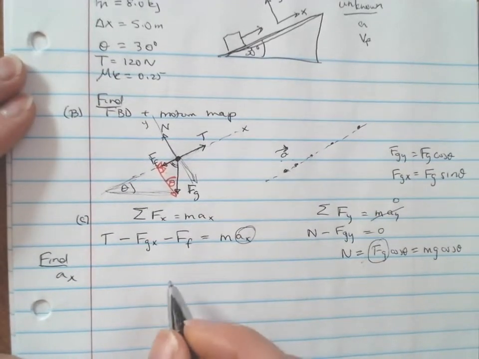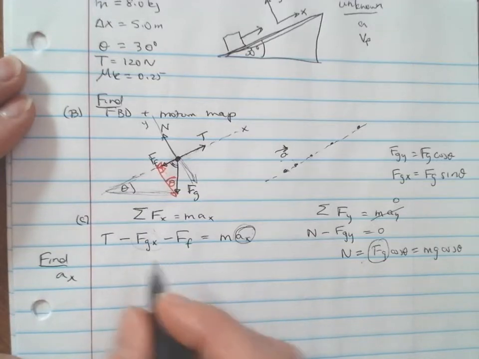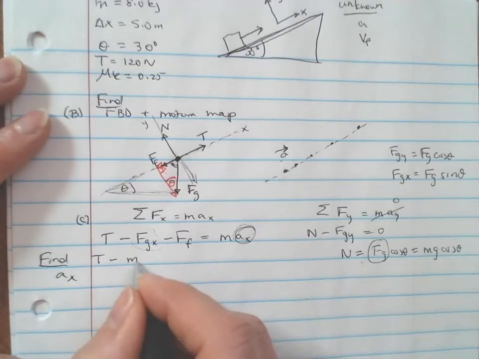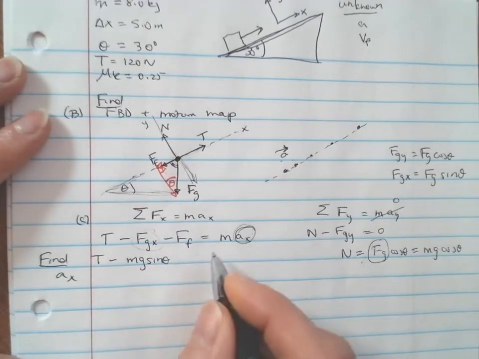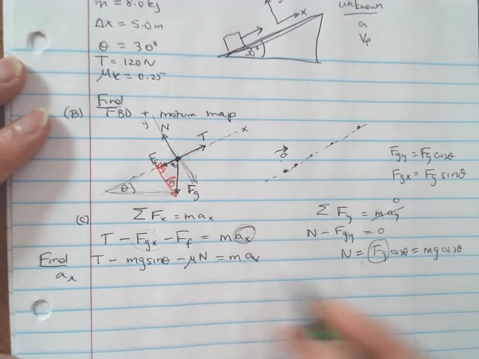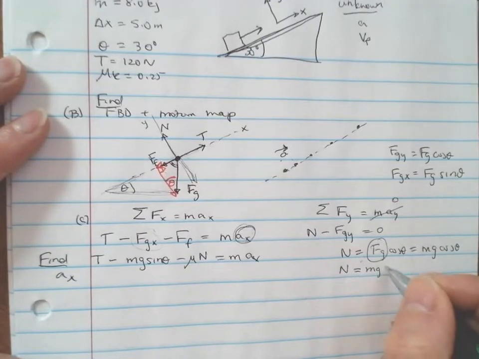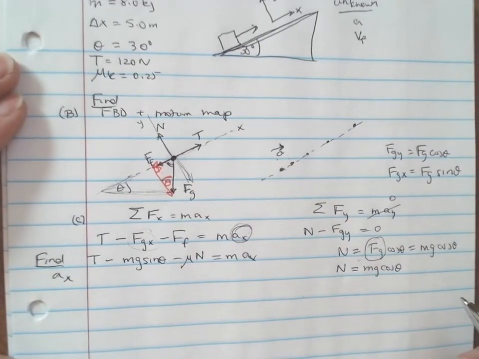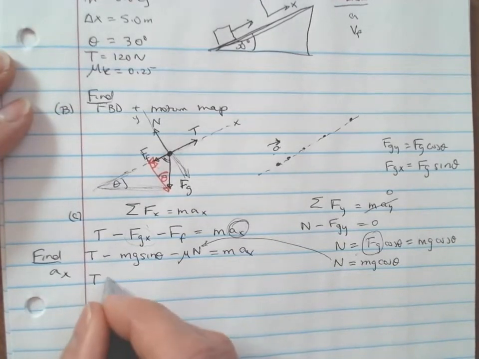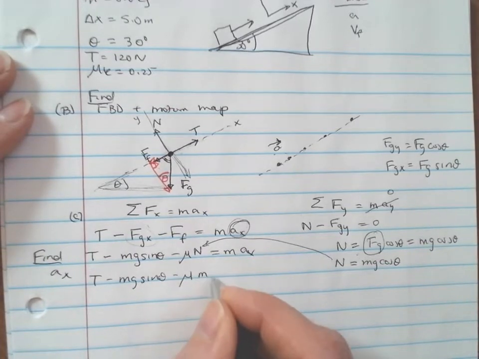Okay, so we want to solve for this, and so we can swap this out, right? So we have tension, which we know, we have minus the x component of gravity, which I'm just going to skip a step there, mg sine theta. We have the force of friction is mu times the normal, and that equals MAX. Okay, so our normal from over here we know is mg cos theta. So we're going to plug that in for that expression. So we get T minus mg sine theta minus mu times mg cos theta